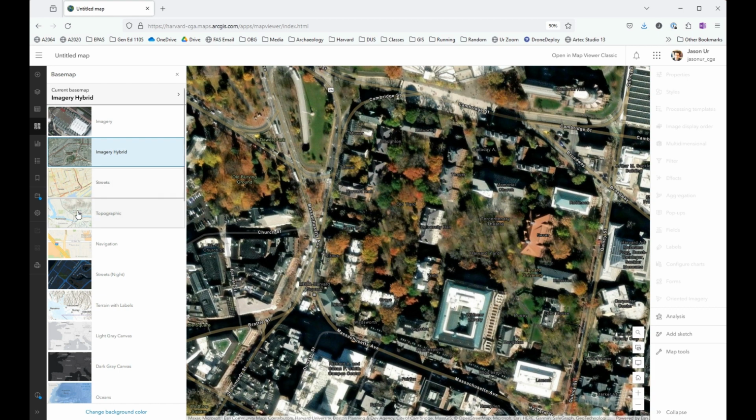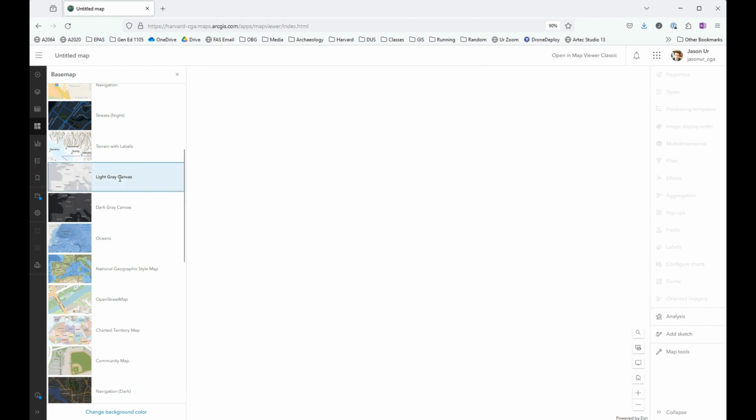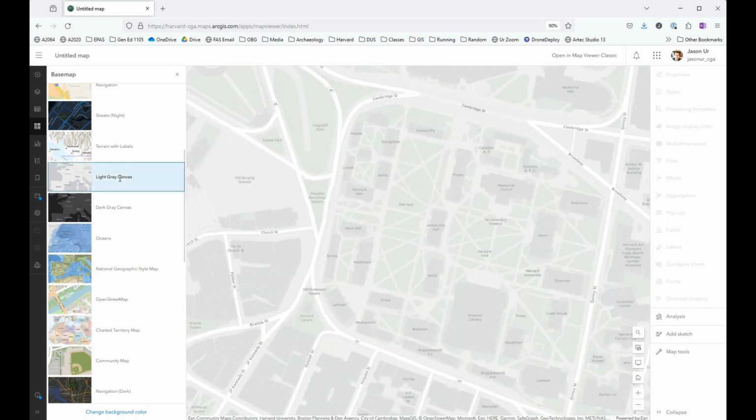There are a range of different road styles. The one I like a lot is called light gray canvas. It's very unobtrusive and it's great if you're going to superimpose other features on top of it because the base map is not distracting. So at this point, here's a map of the old burying ground in Harvard Yard, and